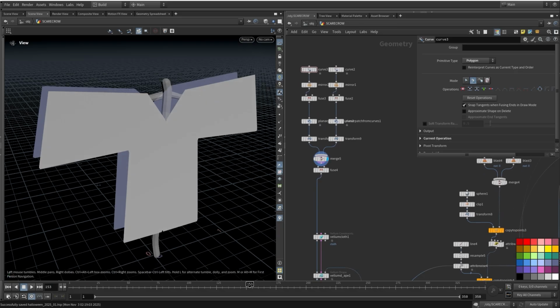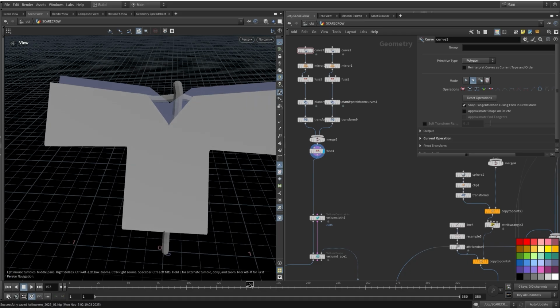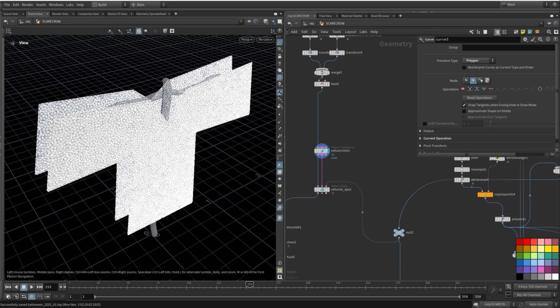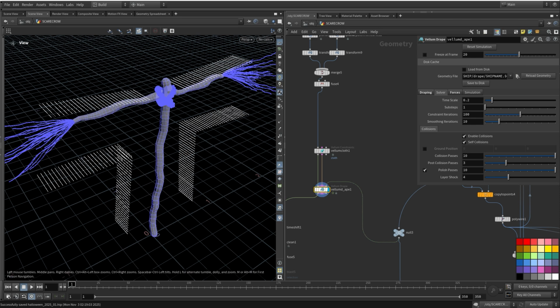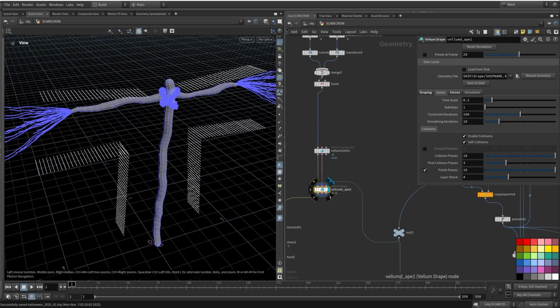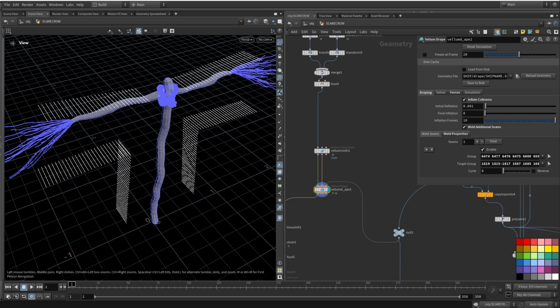Okay, and then fusing those front and back pieces, then I'm converting to cloth, and I'm using the vellum drape, just drape, and I'm choosing the points which I would like to sew. Okay,